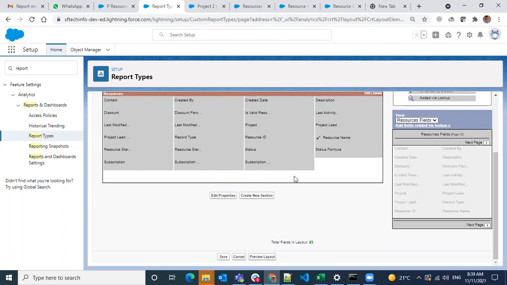For now, I will remove some of the fields and let's see how it looks. I am removing this subscription rating.